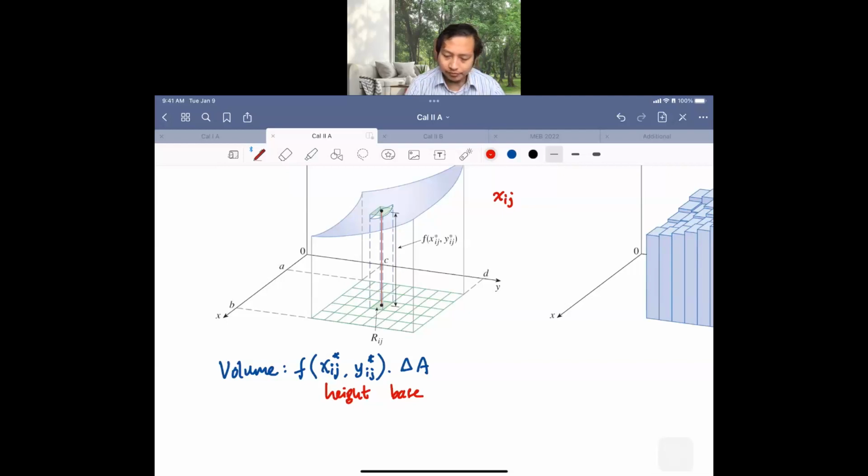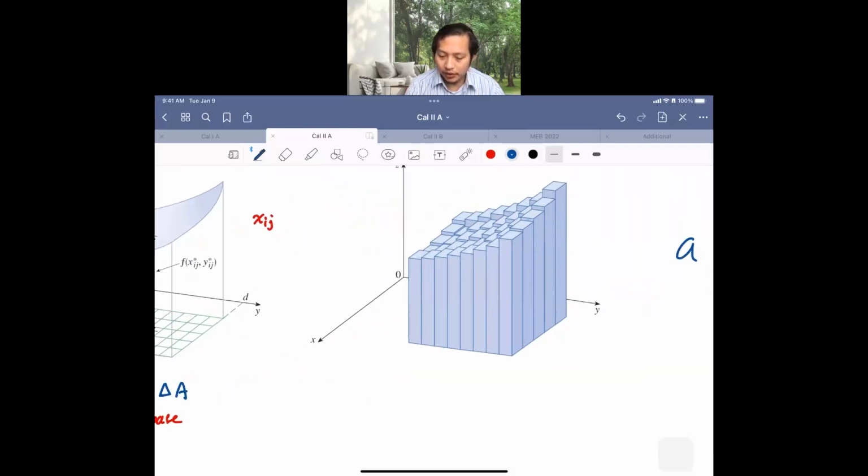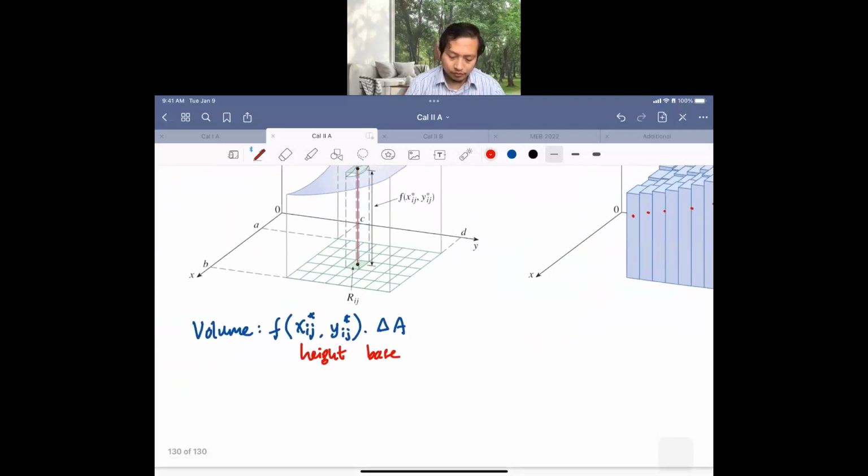And now, because we have a lot of rectangles, we can do some summation to add all these rectangular shapes, the boxes. Okay. So we can approximate the sum. So this is from i equal 1 to some m, and j equal 1 to some n, and then f, the height,